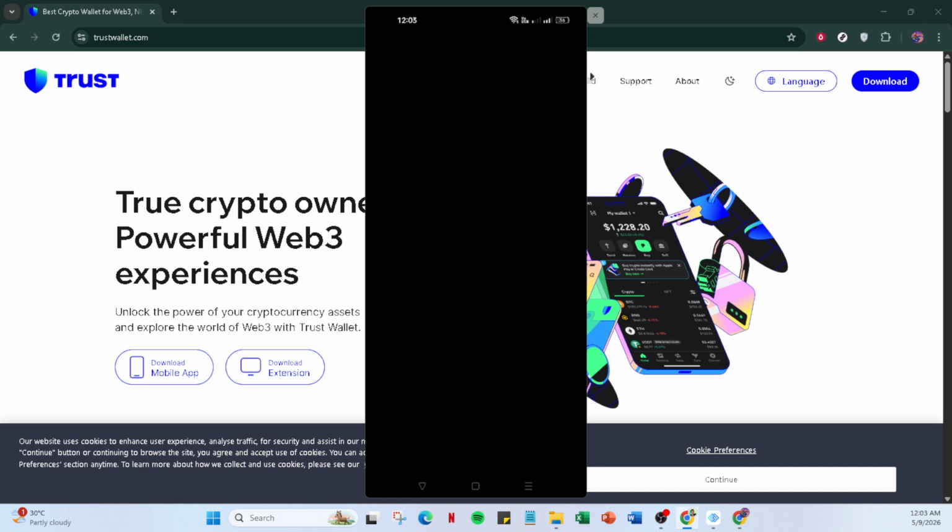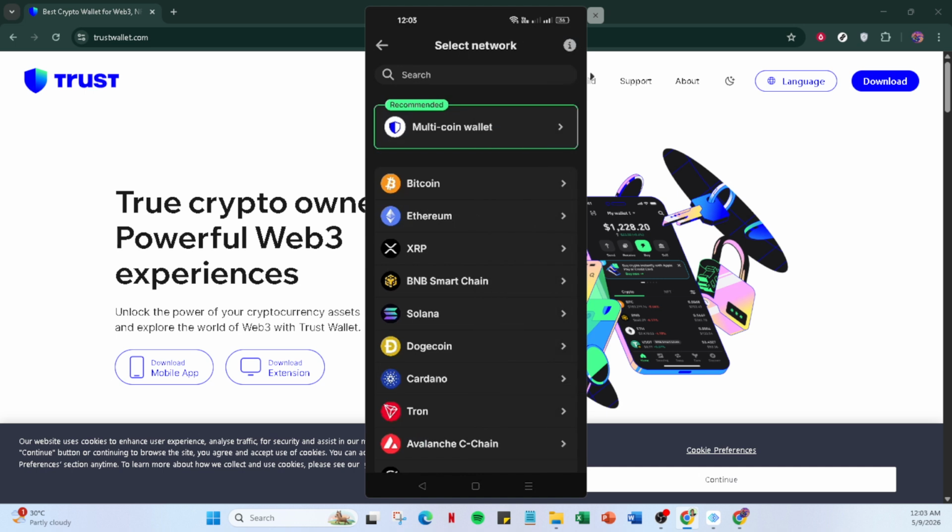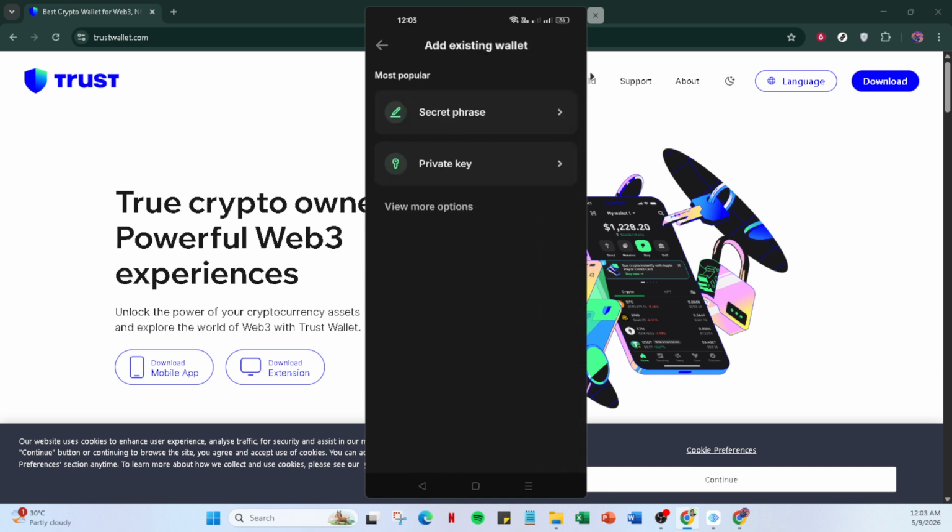That's it. You opened Trust Wallet, created a new wallet, secured and verified your 12-word phrase, and added CRO to your portfolio. Keep your recovery phrase safe, lock your app with your device passcode or biometrics, and you're ready to manage CRO with